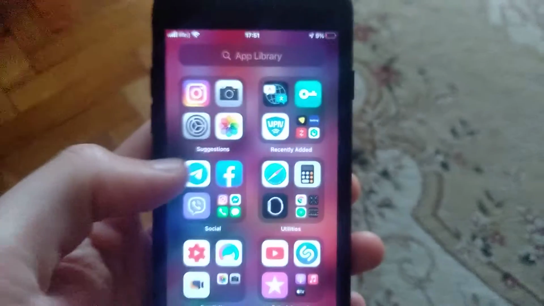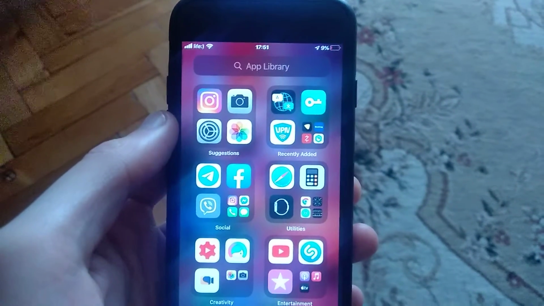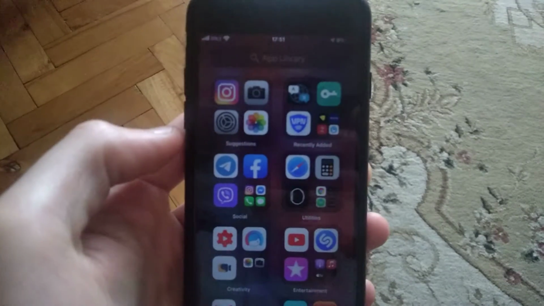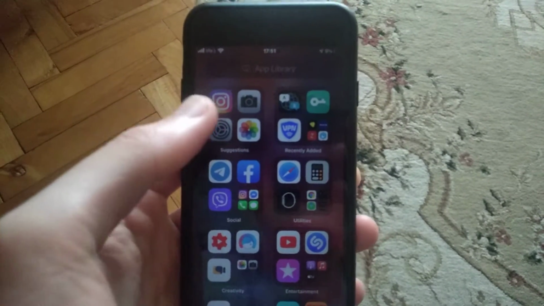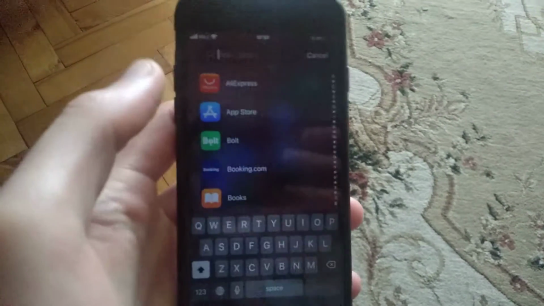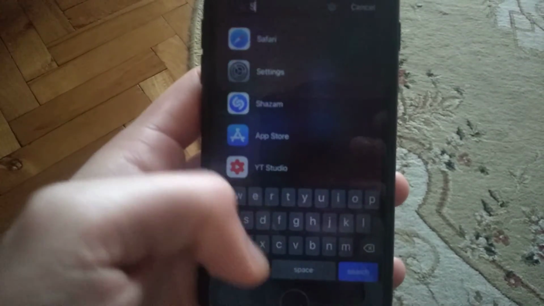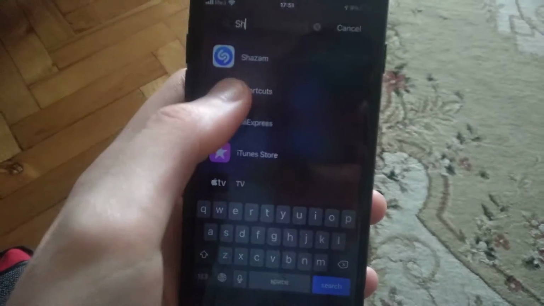Hello dear subscribers, today I will tell you how you can easily add some sound when you connect to Wi-Fi. So if you want to add some customized sound, just in the app library find shortcuts,